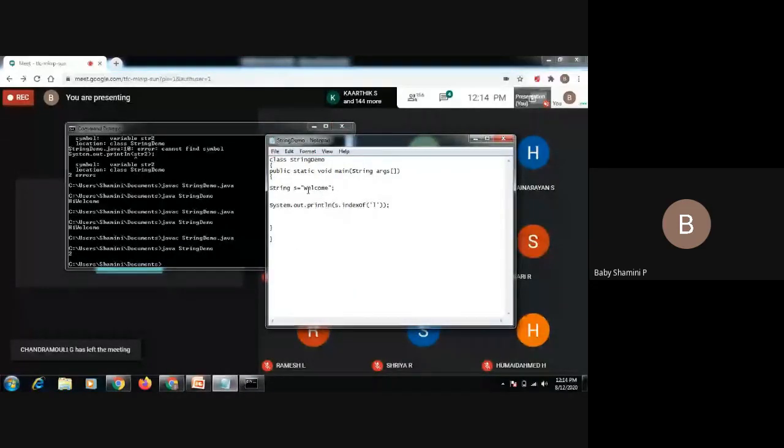So our next one is charAt. If you want to find a character from this particular string, first we need to declare char c equal to s.charAt, where the A is capital. We need to declare a specified index. So index, for example 4. Again I am going to print the character c.